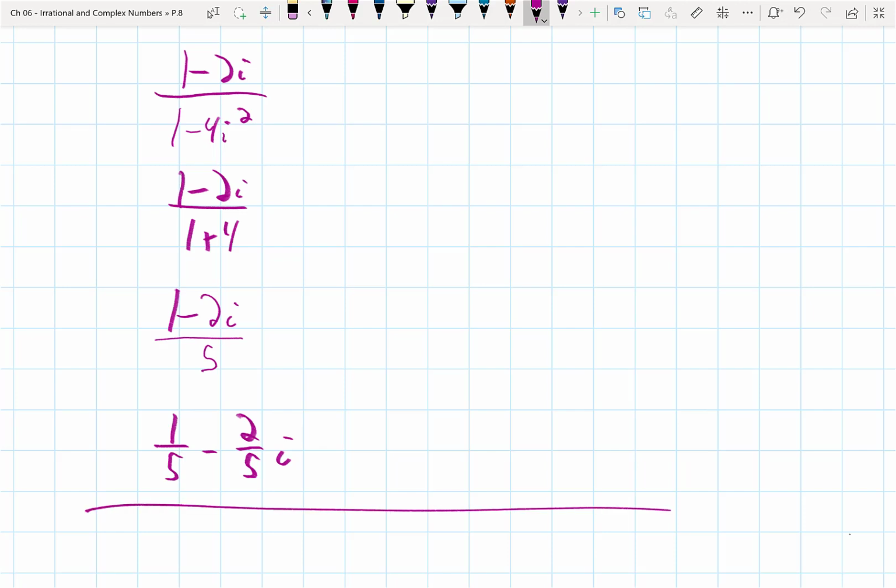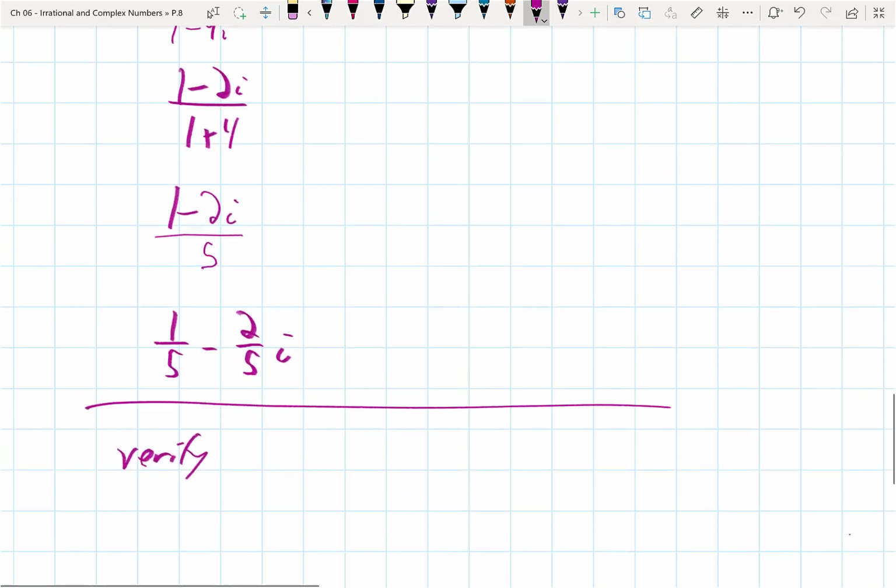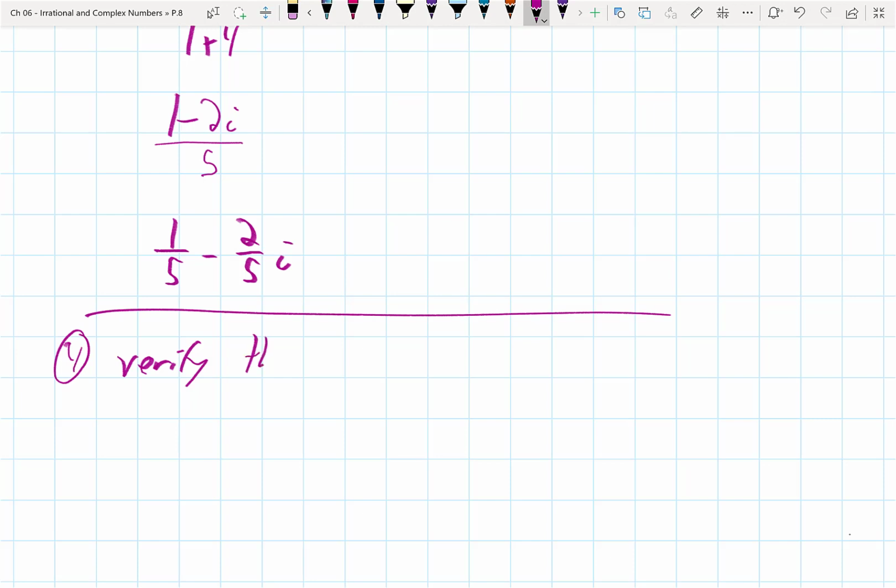Okay, next. Verify that 1/5 minus 2/5 i, which is our answer to the previous one, and 1 plus 2i, which was the thing we said was its reciprocal, verify that they are indeed reciprocals. And you may say, well, we just did that. I did 1 over 1 and showed it was the other one. True, but when I verify numbers are reciprocals,